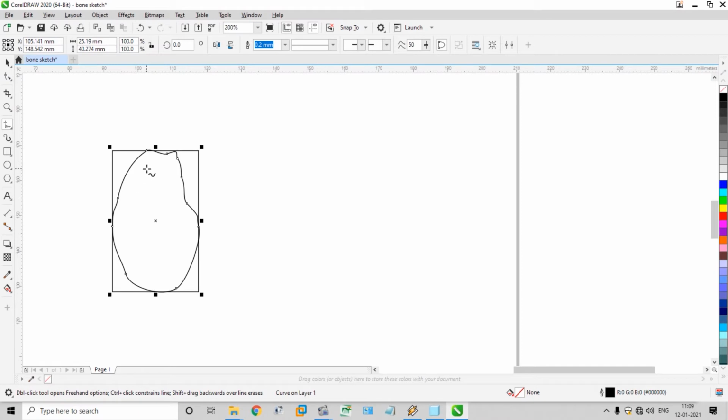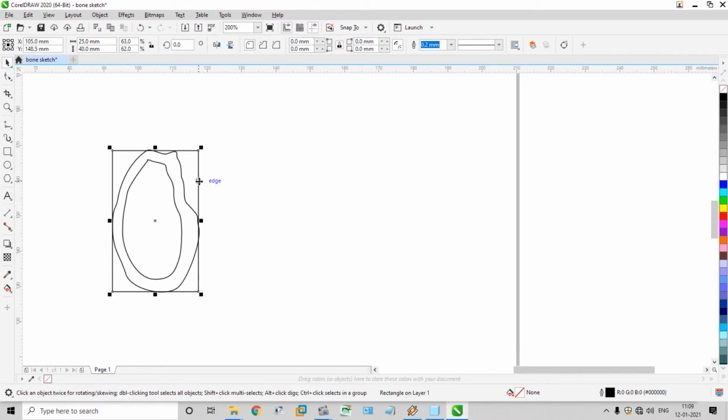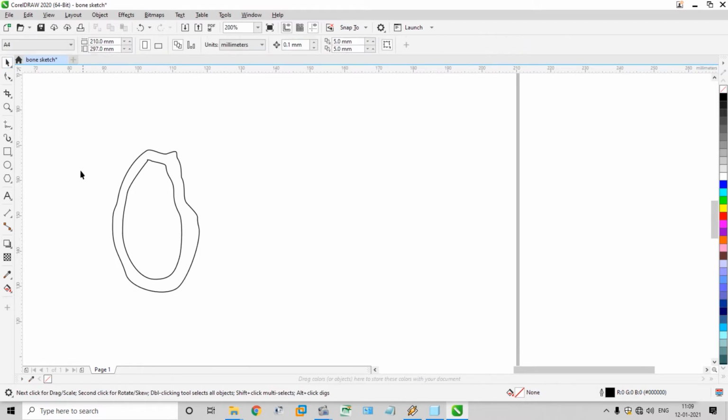Okay, okay, right. So the cortical bone is ready.